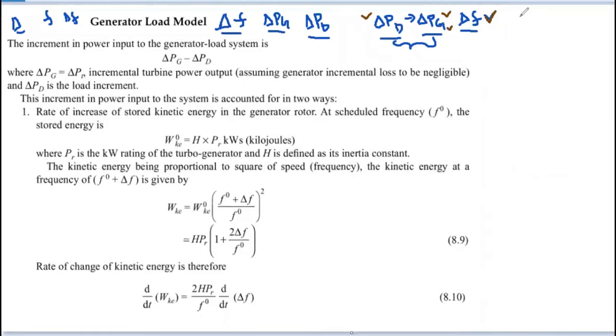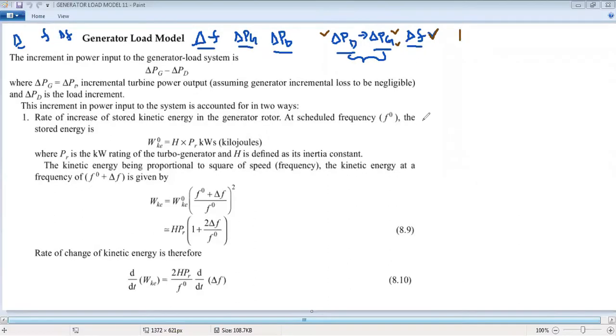So suppose initially, under the steady state conditions, generation is equal to the load demand. Generation is equal to the load demand in the initial conditions. So in this condition the change in the frequency will be 0, because whatever the load requirement is there, we are generating it. So that's why the change in the frequency is 0, and the frequency will be the rated 50 Hz.